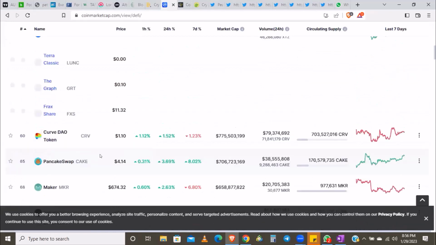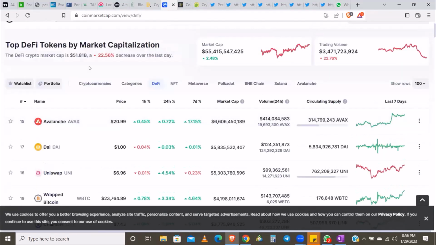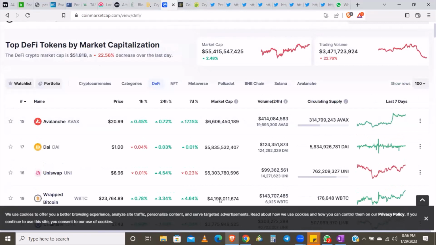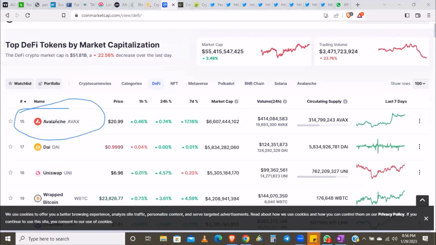Now, what do you do about these coins? What you do is you map out time and find out what's going on. If you click on this coin, you have all of the information. So you go and read about their white paper, you visit their website, you see what's going on in their community, how active their community is and what people are saying in that community, whether people are hyping the project or are really not satisfied with the project, you understand? So these are the things you want to take into consideration.